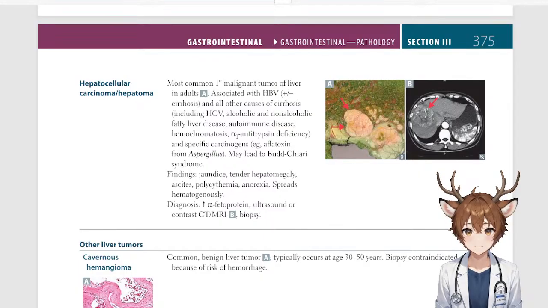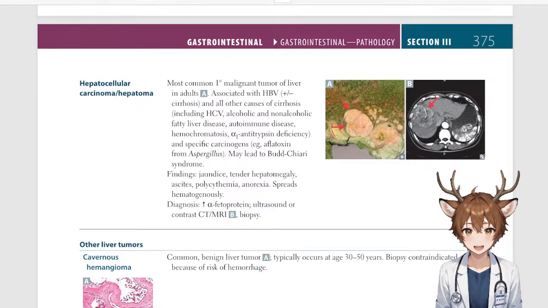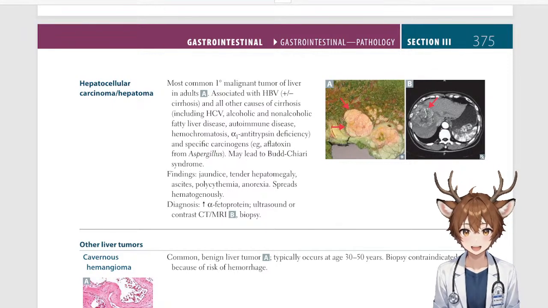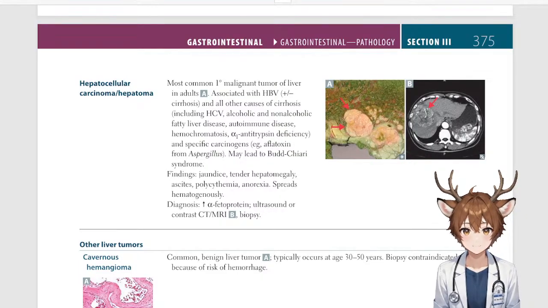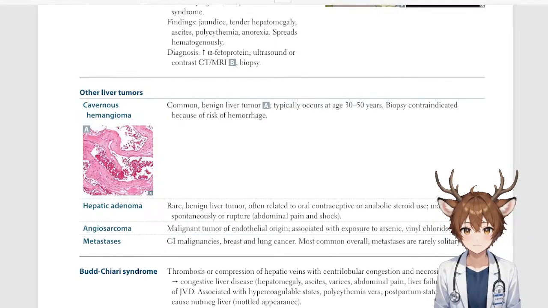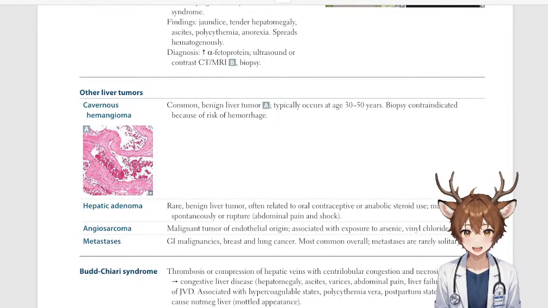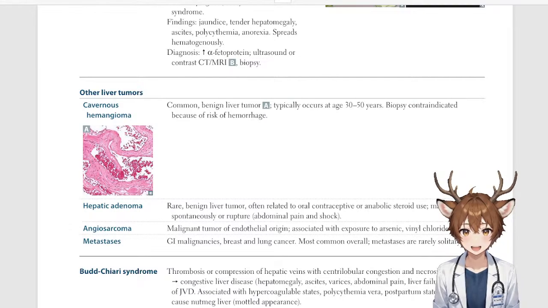What about liver tumors? We're talking about liver tumors now. I have under that hepatic hemangioma, focal nodular hyperplasia, hepatic adenoma, hepatocellular carcinoma. So let's talk about it. Liver tumors, hepatic hemangioma. Hepatic hemangioma, also called the cavernous hemangioma, which you have in your book right there. Most common benign liver tumor, venous malformation, typically occurs at ages 30 to 50 years, biopsy contraindicated because of the